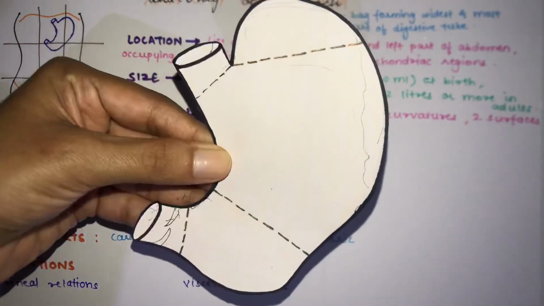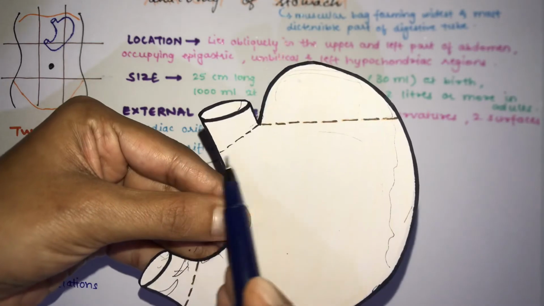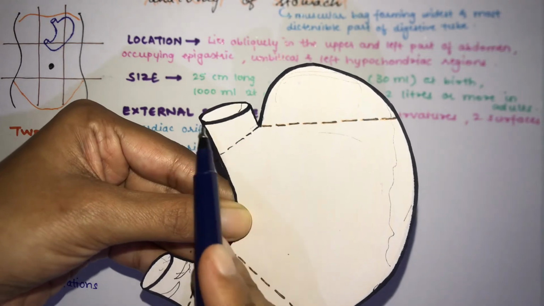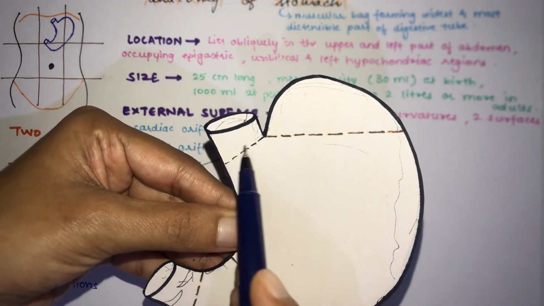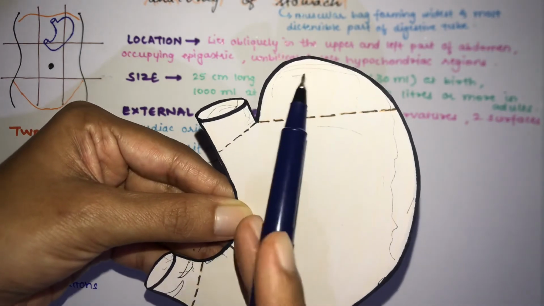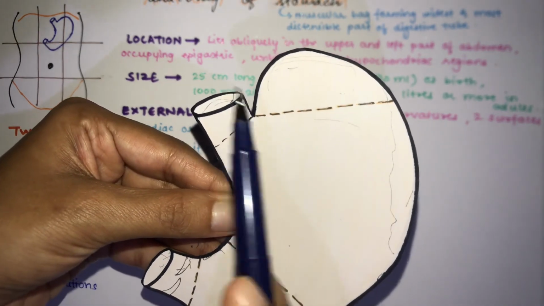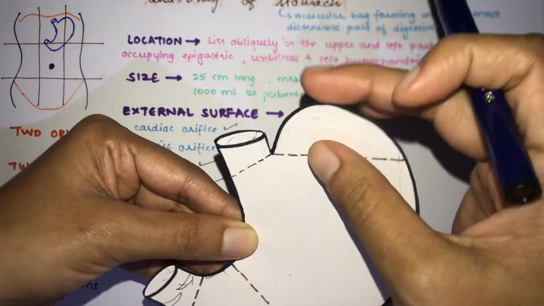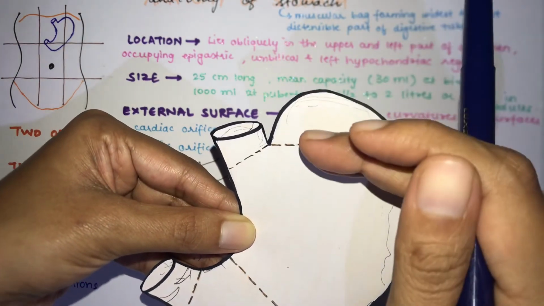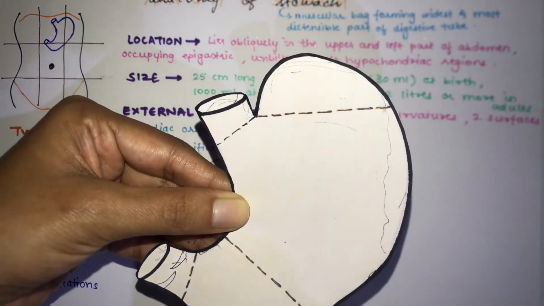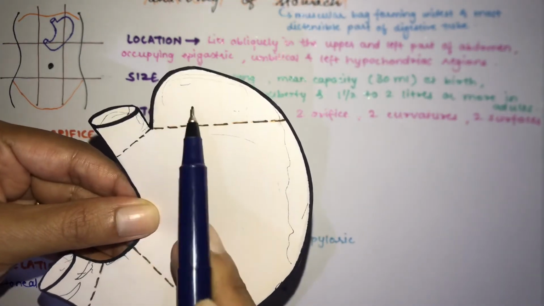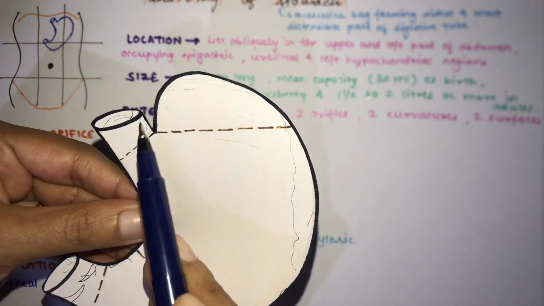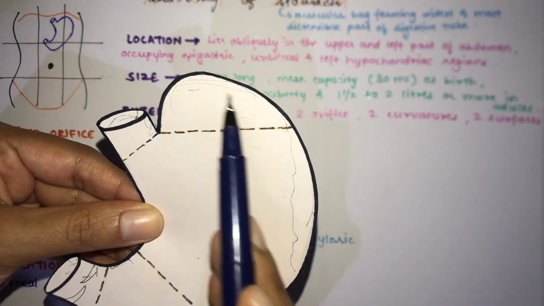Starting with the various parts of the stomach, the first one is your cardiac part. This cardiac part surrounds the superior opening of your stomach, that is your cardiac opening. So the small area is your cardiac part of your stomach. Now the next part is the fundus. This fundus part is present about the opening of the esophagus. It is a gas filled rounded portion which is present superior and to the left of the cardiac part of the stomach. So this is the fundus part of the stomach.